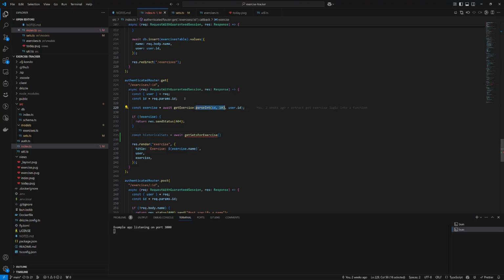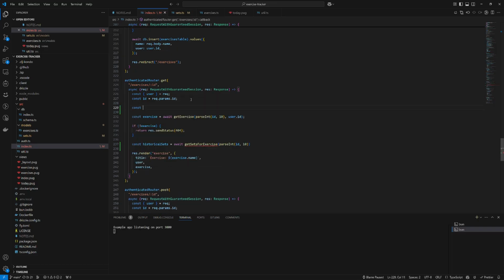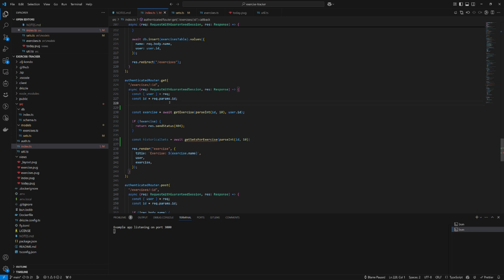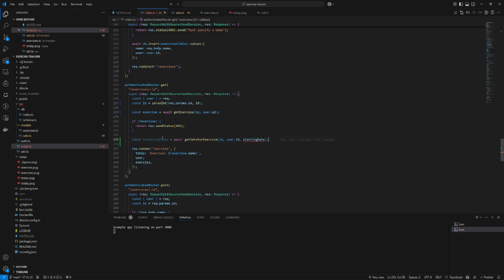And this again. So really this should maybe be put right in here. And then we can reuse that ID value instead of having to parse it in both places, user.id, and starting date. Okay. So, and then let's just pass this into the view before we forget. So what is the starting date? How do we calculate that? Well,